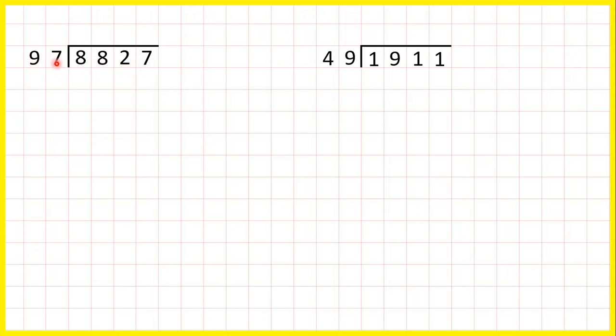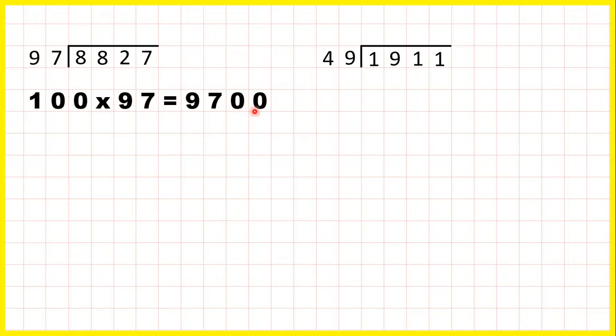8,827 divided by 97. Now I know that 100 times 97 is 9,700, because you can multiply by 100 if it's a whole number by just putting 2 zeros on the end. And notice that 8,827 is fairly close to 9,700, so I know that my answer is going to be something fairly close to 100. But because the number we're dividing by is less than 100 times,